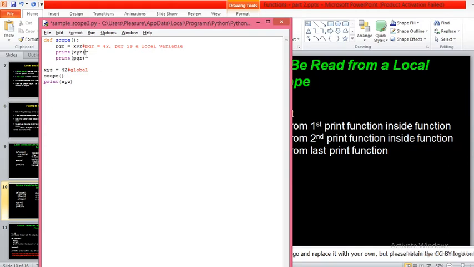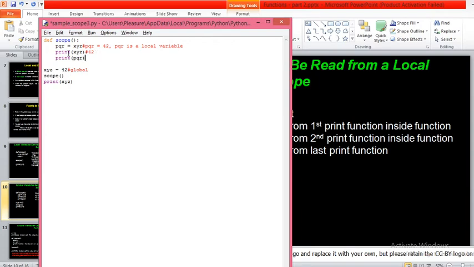Now when I execute this print XYZ, look at here, print XYZ. Again, what I'm trying to do here is I'm reading the value of XYZ and I'm printing it. Are you getting my point? With this print of XYZ, I'm reading the value of XYZ and printing it. So read permission is permitted. Since read permission is permitted, value 42 will be displayed on the screen. So it will print 42 on the screen.